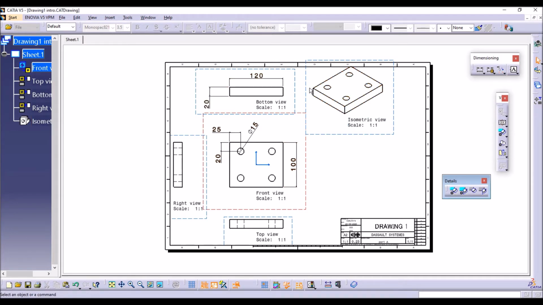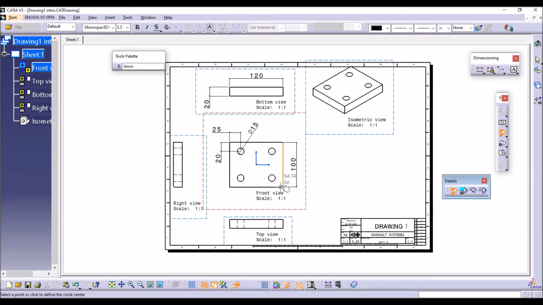Now click on the detail view option. Here in the status bar you can see the statement about the particular tool. It is asking to select a point or click to define the center of the circle. I'm making the point here, or anywhere in the figure.